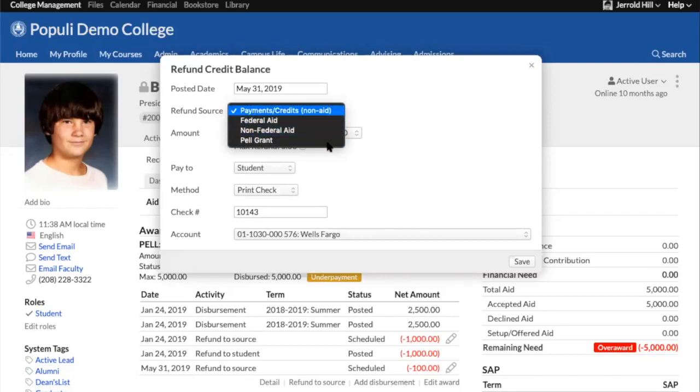So some schools would actually set up Populi to allow commingled refunds. I would not recommend that if you're a U.S. institution and you want to keep track of stuff for auditors, which everybody does. It's much nicer if you owe Billy